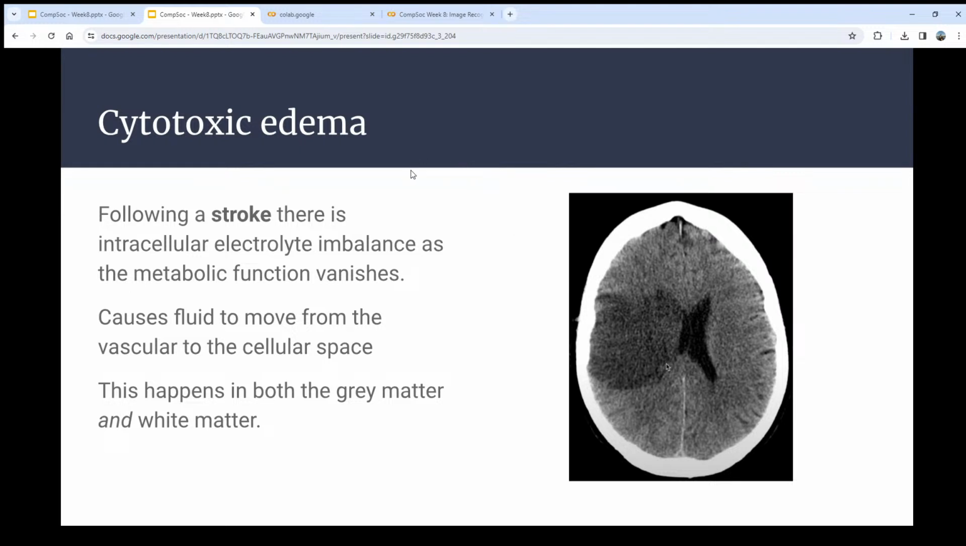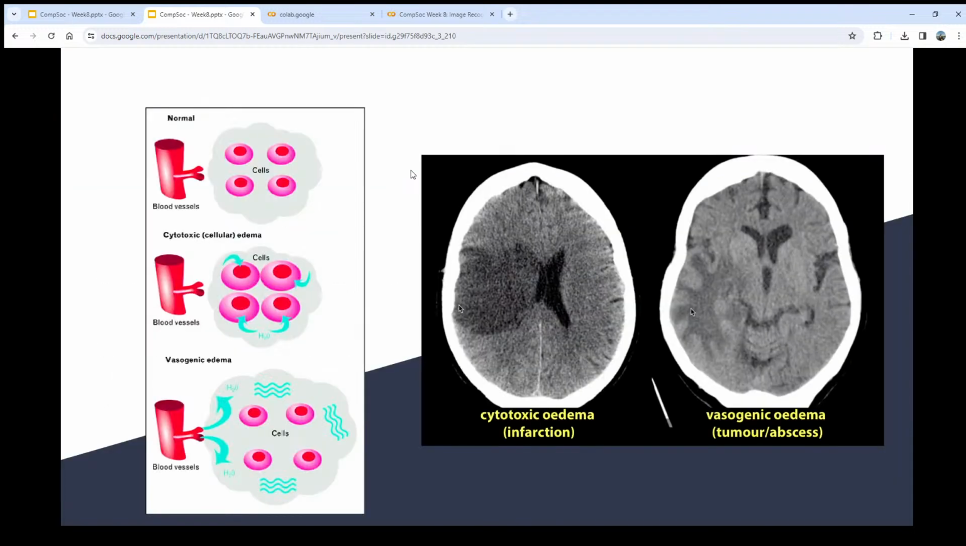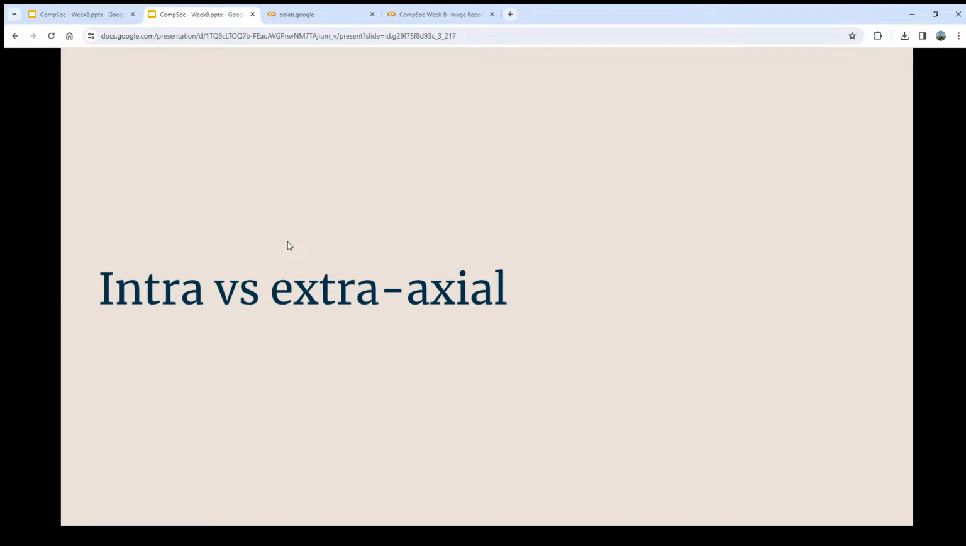So it's really important to get that right. And this just sort of explains it again. So vasogenic, it's coming out the blood vessels. Cytotoxic, the blood vessel's fine, but you've got a cellular problem. So once you've worked out you have actually got a brain tumour and you're not dealing with a stroke,